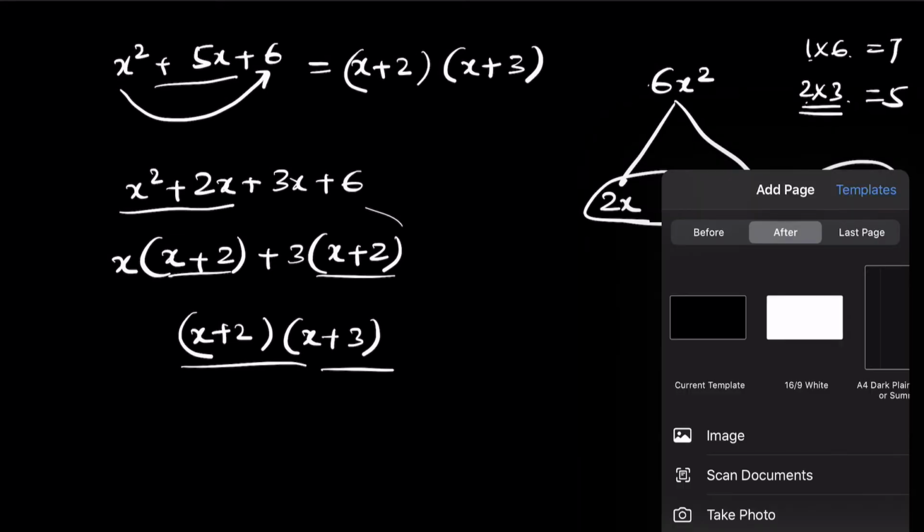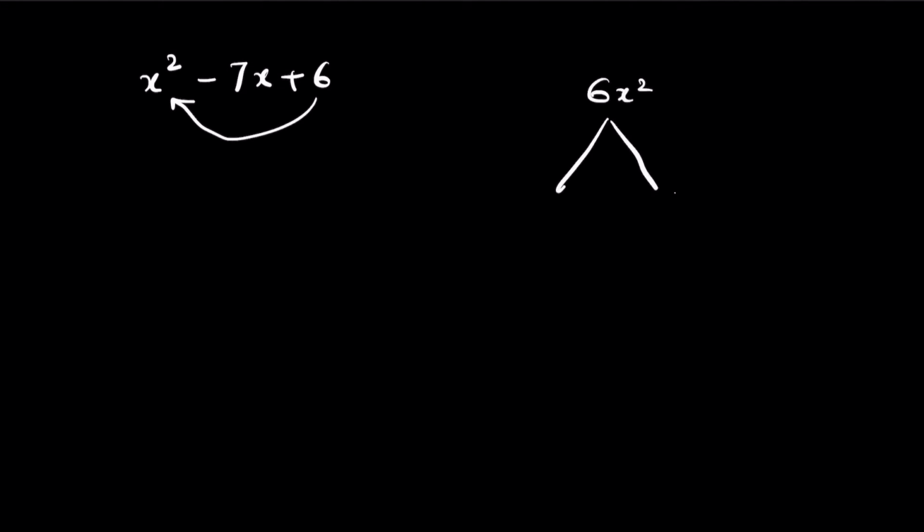Now try this problem: x square minus 7x plus 6. Again, the procedure stays the same, so make sure to get the correct values. Once you get the correct factors, you should get it easily. Let me give you a hint. Again, we are going to do 6x square, but this time we need negative 7x. Notice that the original number is positive, so when you multiply, you should get positive, which means both are negative: negative x and negative x. That's why when you add them, you get negative 7x, but when you multiply them, you get plus 6x.